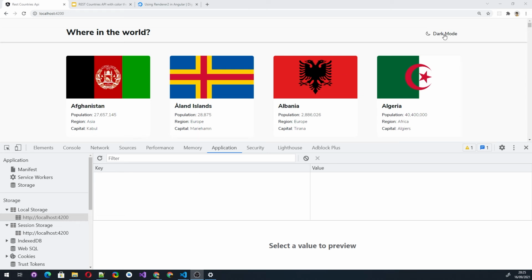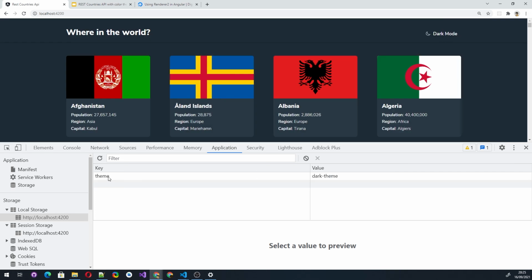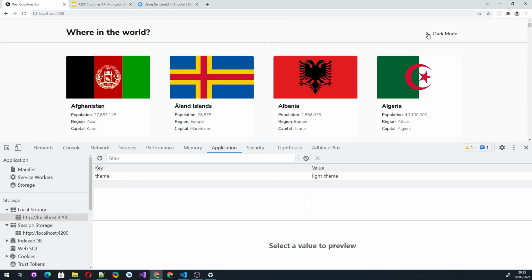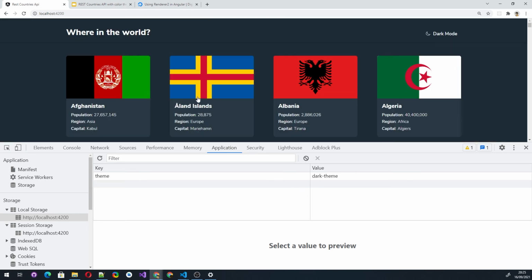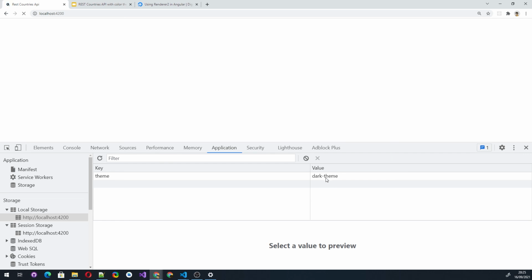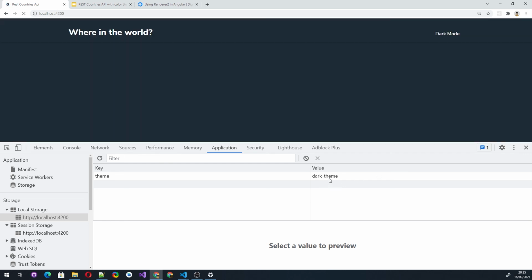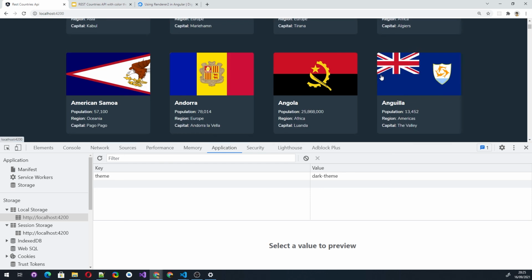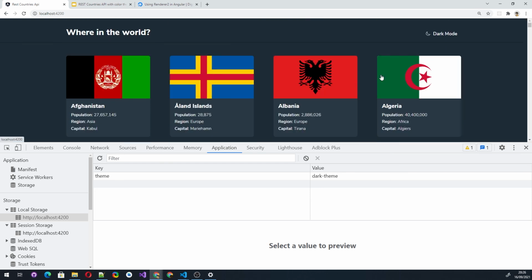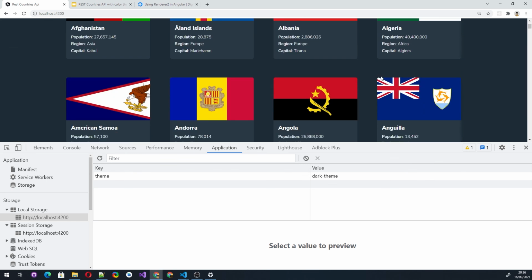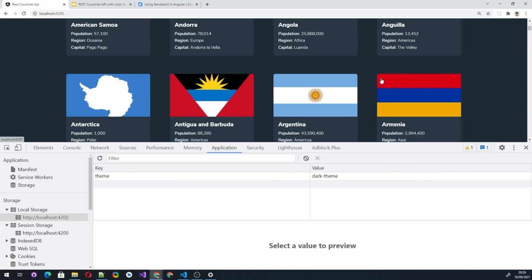So once we click on the dark mode, we should see the theme in local storage, and that's dark theme. If we then toggle that again, you can see that it's changing. But the most important point that we want to get right is this. So here we've set that. Once we refresh the page, we should still get a dark theme because that's what we have in local storage. And that seems to be working pretty well, apart from it being a little bit slow, but we can see that works. And that's a great time to actually stop working on the theme and start looking at the